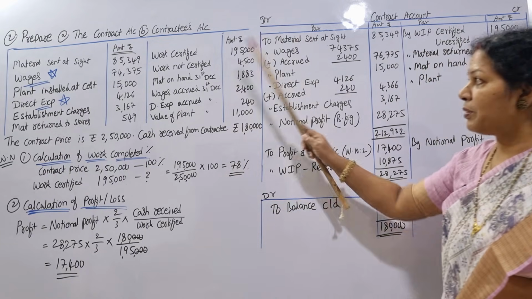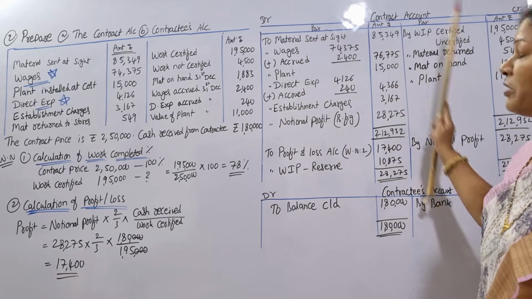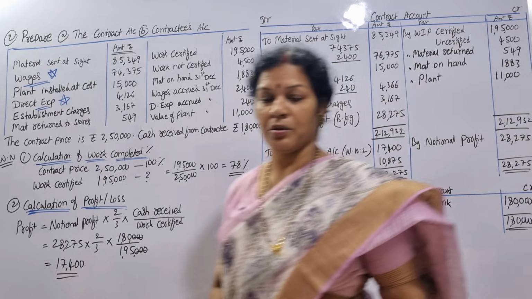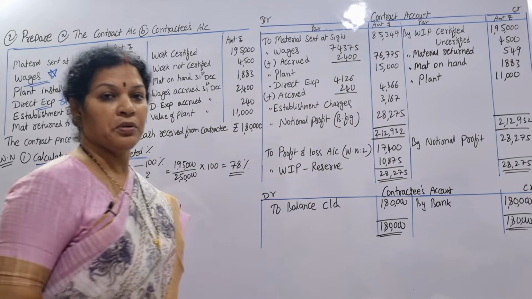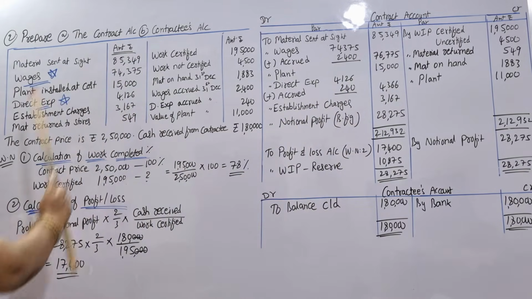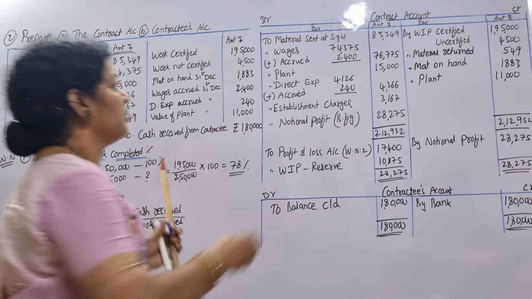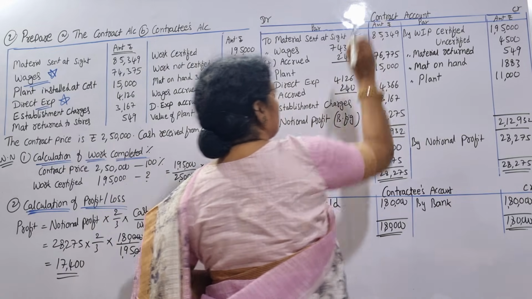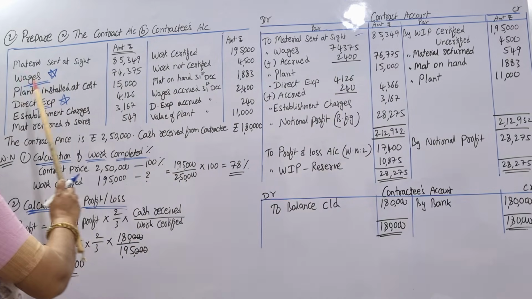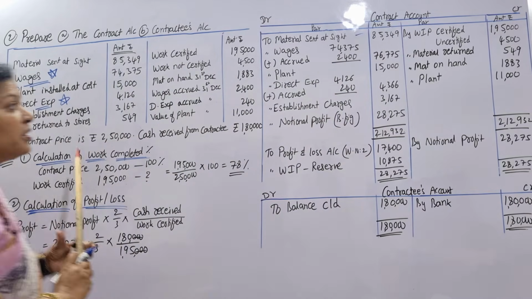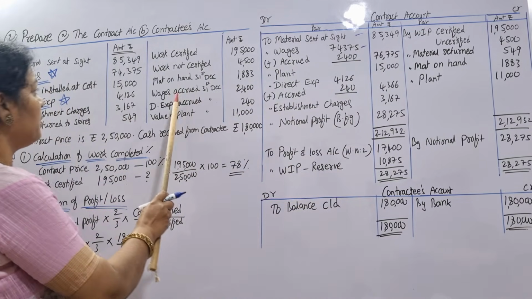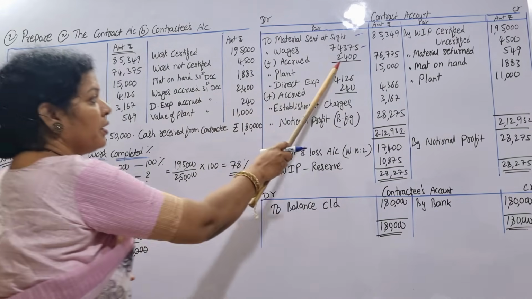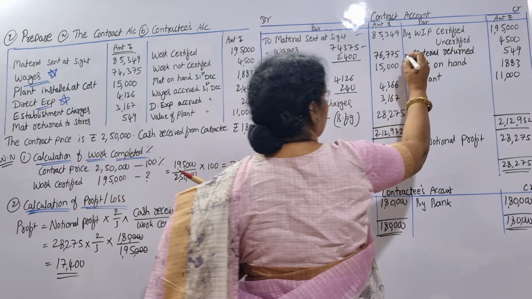Now I'll explain the problem step by step. First we have to prepare the contract account. Contract account, you know the format, particulars and amount, each and every item. Material sent at site, debit side, we have written. Next one, wages. Wages adjustment is there, so wages we have written in the inner column. What is the adjustment? Wages accrued 2,400 added. So in the outer column we have written